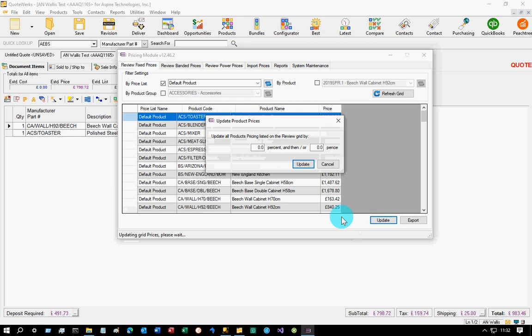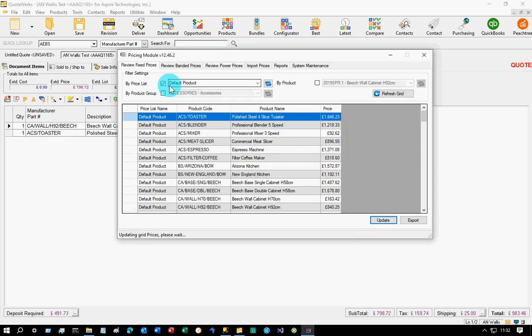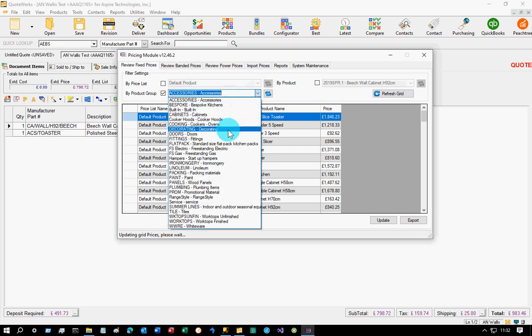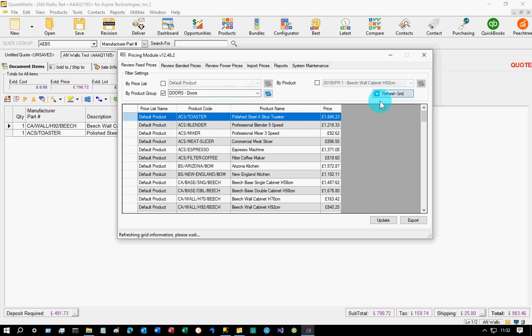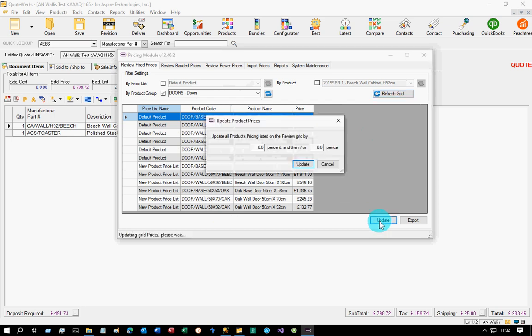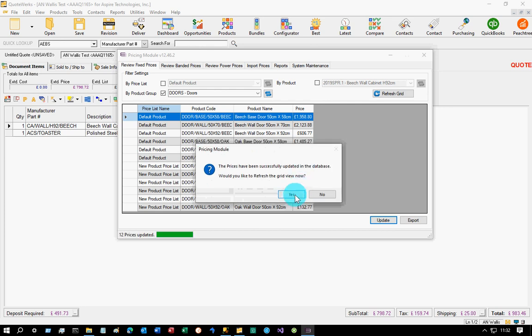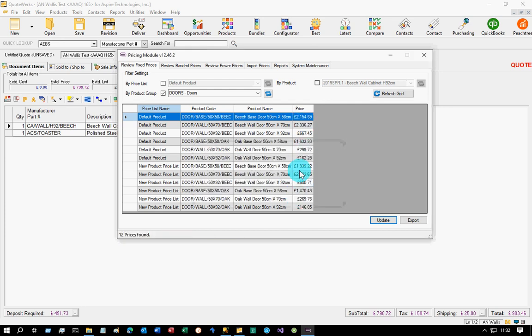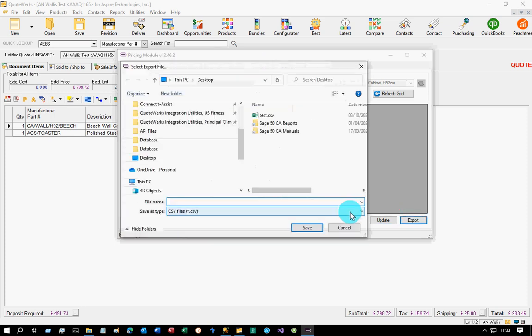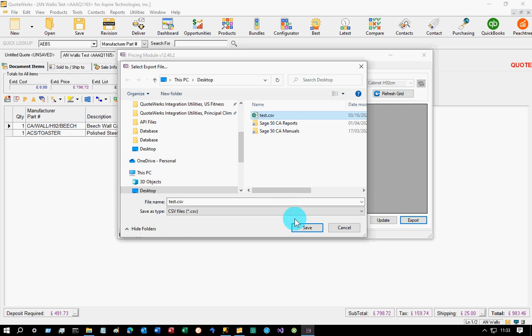Firstly, I can simply update things by a percentage or a number of pence. Perhaps it's my entire price list, perhaps it's just my doors, perhaps they need to all be updated by 10%. I just hit update, enter 10%, and that's done. Behind the scenes you will have seen that change. If I want to do it manually, I've also got tools to export the prices. Let's just overwrite that one that I created